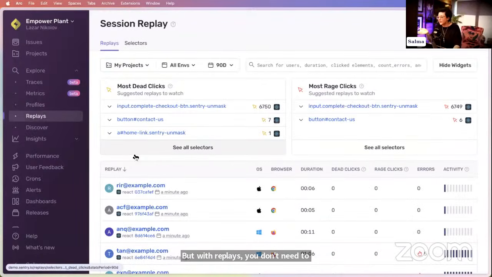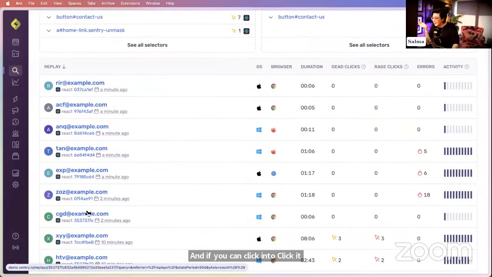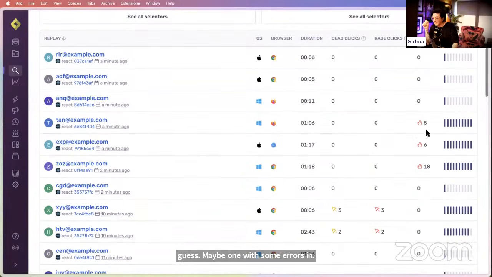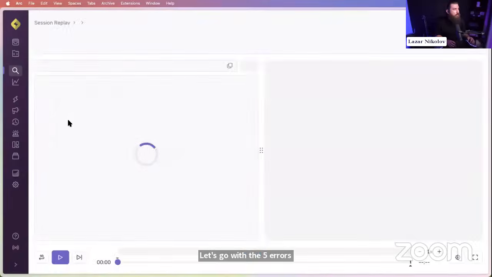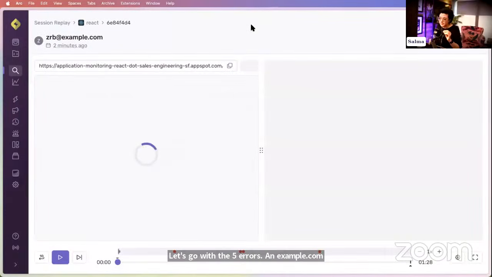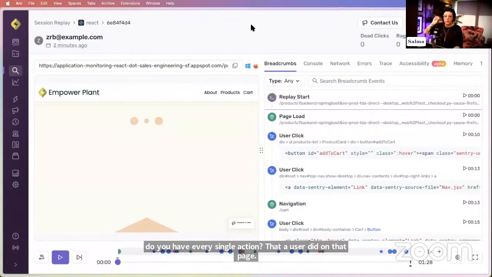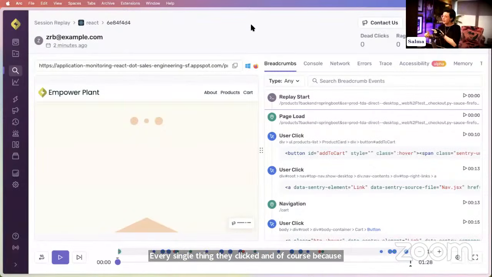So if you go back to one of these replays, you can click into any of them. Maybe one with some errors in. Let's go with the 5 errors. Okay, TanExample.com. This one, yeah. One of the greatest things about Sentry replays is that you have every single action that a user did on that page, every single thing they clicked. And of course, because you've got all of the Sentry metadata as well, what browser they're in, what OS they are on, whether they're on a mobile or a desktop, you have everything you need